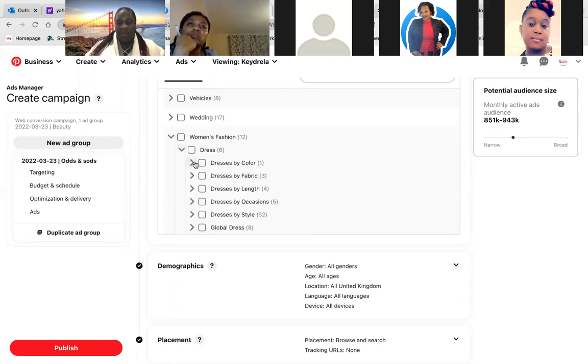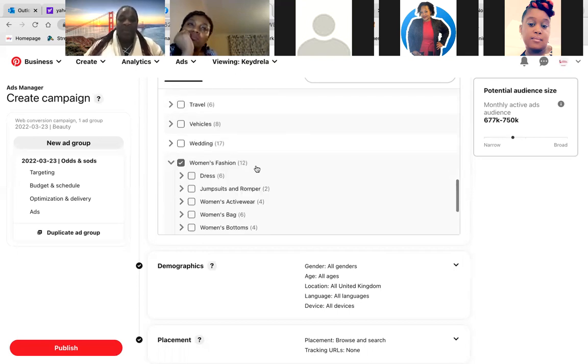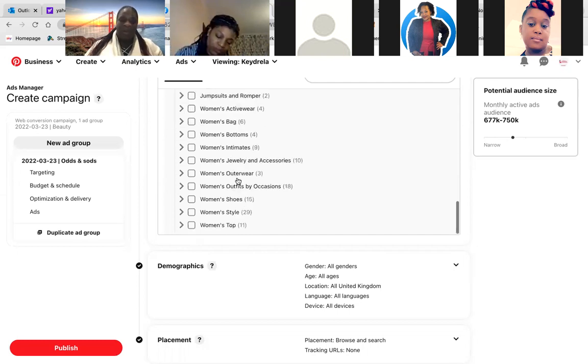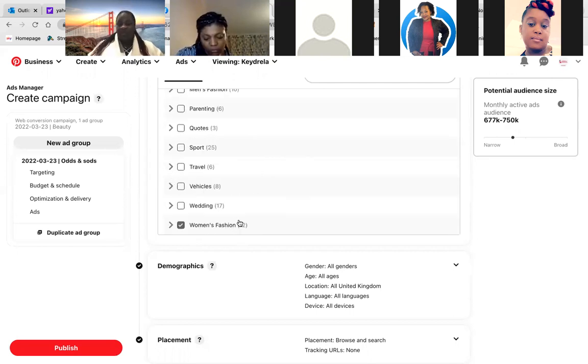gets real into the niche. So dresses by color. So little black dress, then you're just going to be focusing on everything on little black dress. Whereas if you just click women's fashion, it will add all of this into you. So add in all dresses, bags, blah, blah, blah, everything. Okay, so even though if you're doing niche stuff, don't restrict yourself to niche targets, because you never know